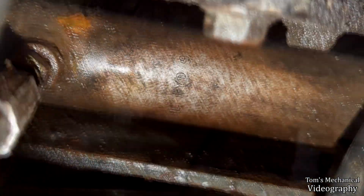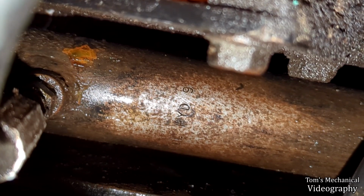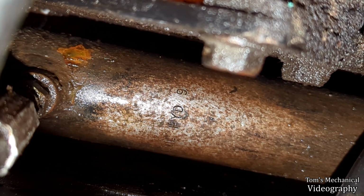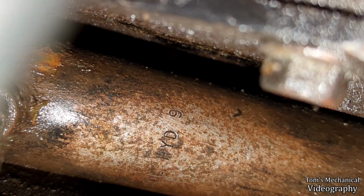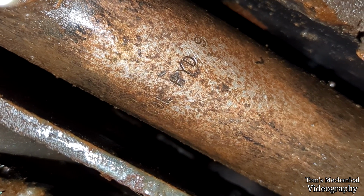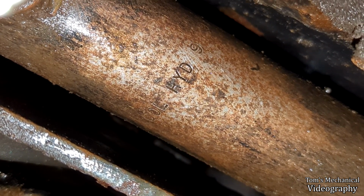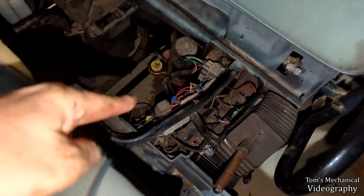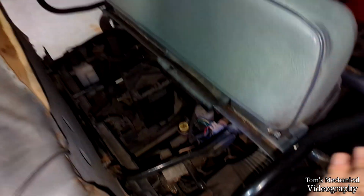Sweet baby Jesus, I think I found it. There it is. I can't even tell you everything that it says. It definitely has an HYD 9 in the middle of it. It appears to be another 9 over there on the side. And a COL, or an OOL. Can't really tell. But there is a number. It's down on there. Alright, so with a little bit more digging, it is COL HYD 993, which I'm pretty